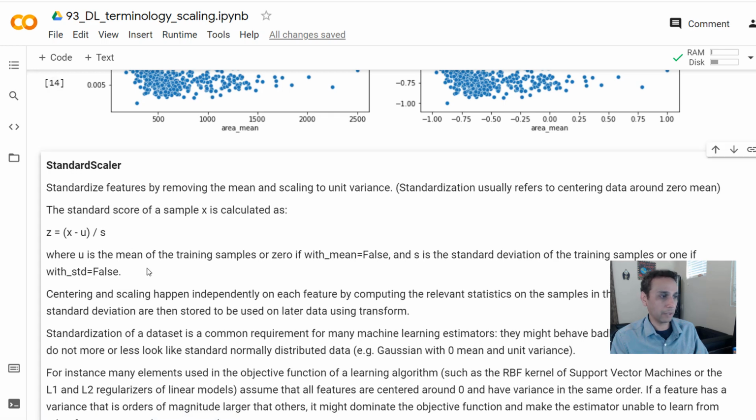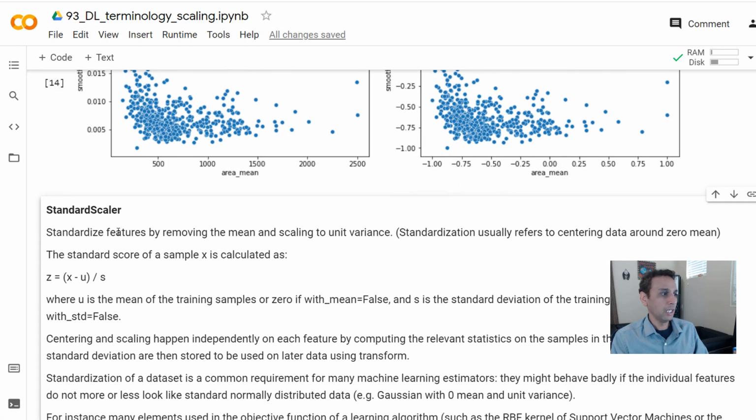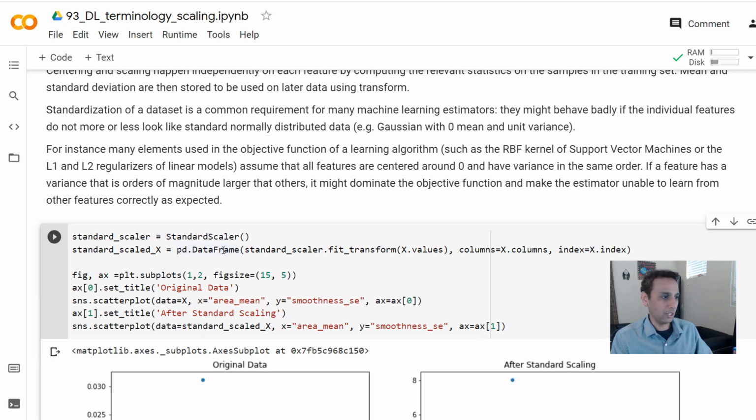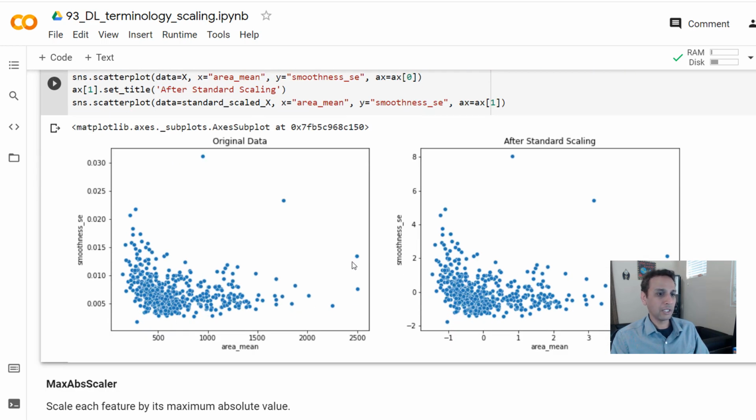So I copied all the documentation from the original documentation, so you can read through that. But again, the implementation is very similar to what we saw earlier. Again, the data doesn't seem to be changing. Again, the mean is centered around 0 for this one. So the values are not going from 0 to 1 or -1 to 1, but the mean is the focus